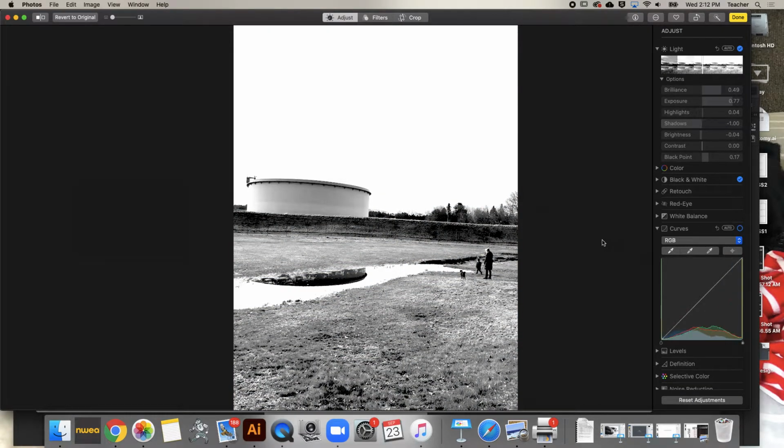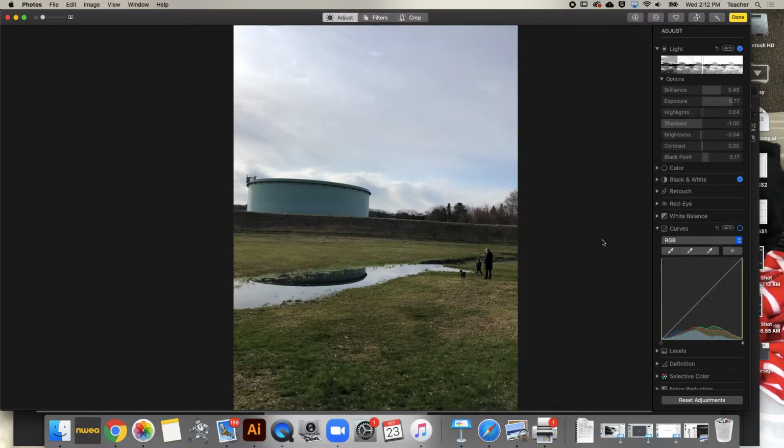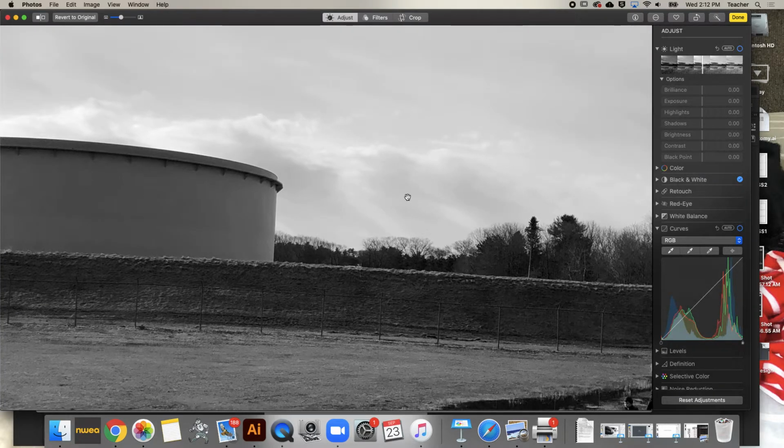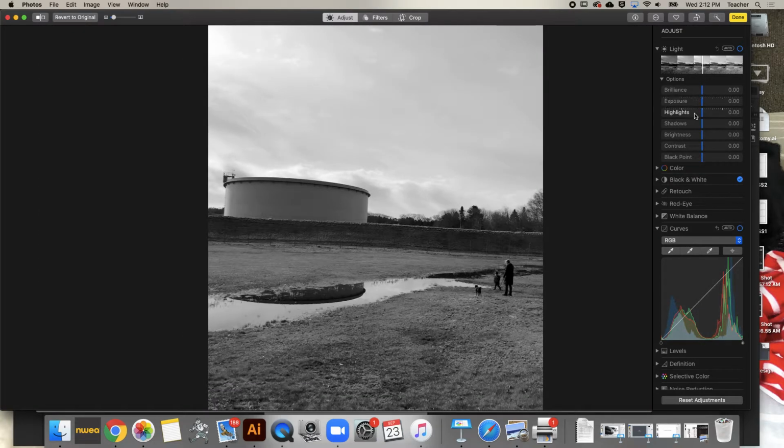Okay, now I'm going to do a low contrast. So here, for low contrast, remember, means a bunch of grays in between dark and light. So I'm going to click black and white again. And this is already low contrast, but I'm just going to see what else I can do. I know I have these clouds back here that I can maybe work with. So maybe if I pull up the highlights a little bit,